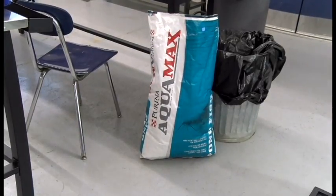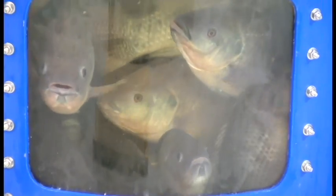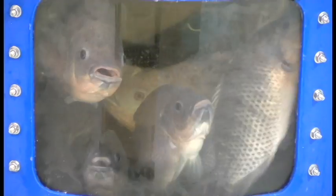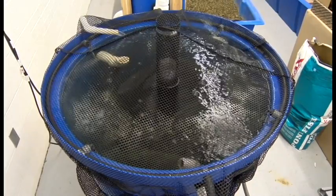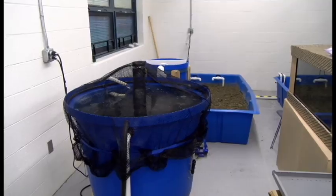We feed the fish Purina Aquamax 4000 seven times a week, two times a day. We are working toward a system that allows us to feed the fish from plant waste and never have to purchase fish food again. The four parts of the aquaponic system are the rearing tank, settling basin, biofilter, hydroponic subsystem,